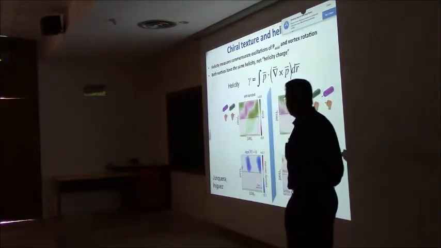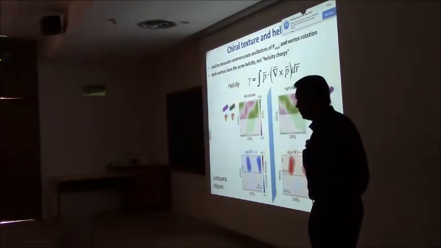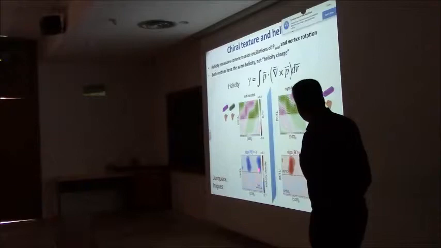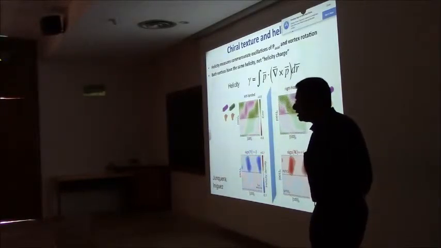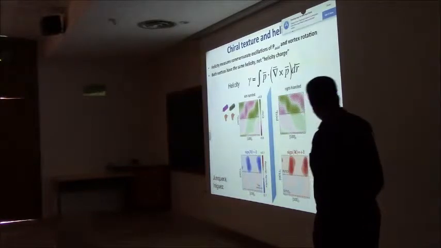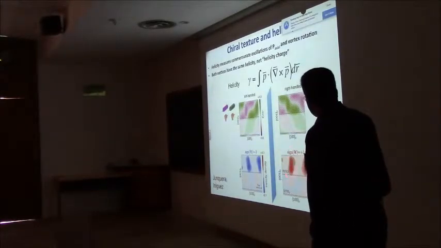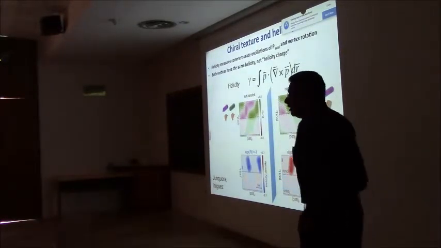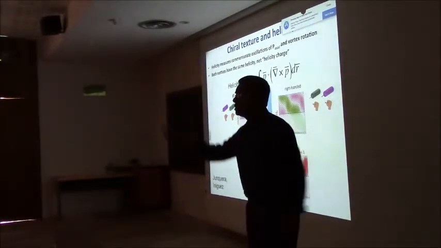So you can calculate for this, what does the helicity look like? And that's shown here in the bottom. For these two, both of them have negative helicity of -1. And for these, it's positive. Although the vortices themselves are doing this and this.